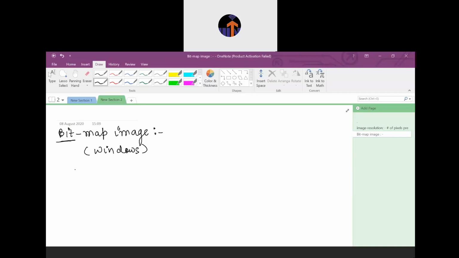Actually, an image is made up of certain pixels, and these pixels are represented by a set of integers in different color spaces. When this set of integers is converted into bytes or bits, in order to store it efficiently inside Windows 10 or Windows 7 or any version, then it is called a bitmap image. If it is 0, then it is called a black image, and if it is 1, then it is called a white image.